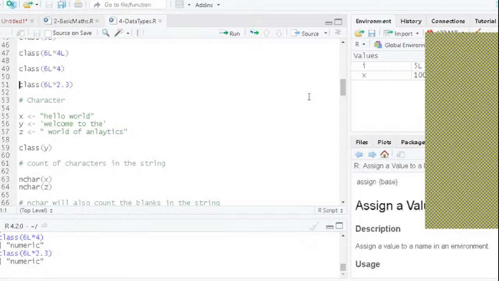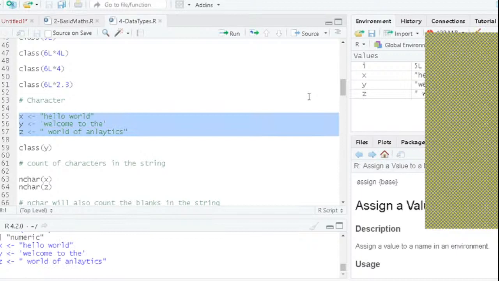Here I have put it in double quotes. You can try double quotes or single quotes, both, right? And let's run these values x, y, and z. And when you run this, you'll see